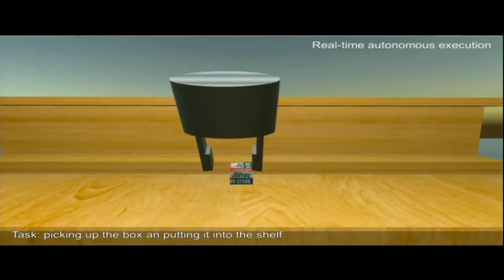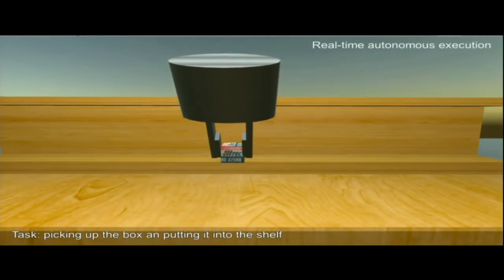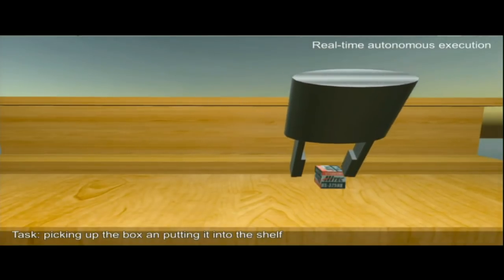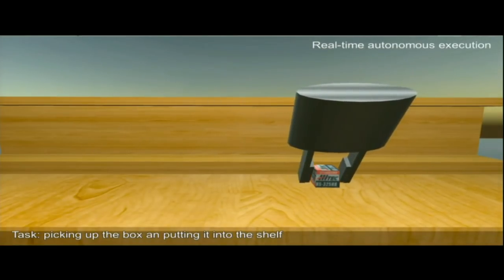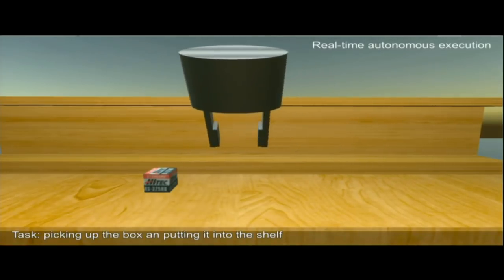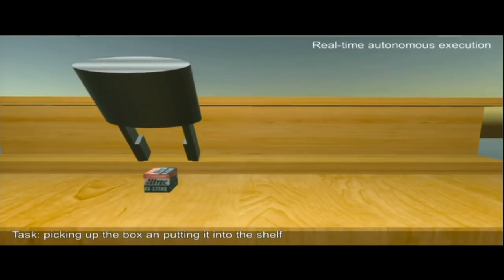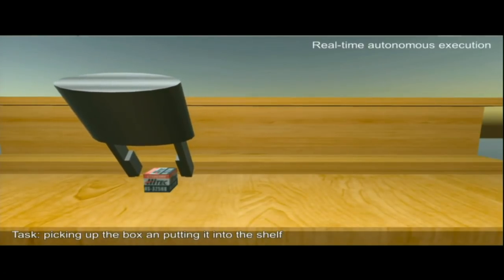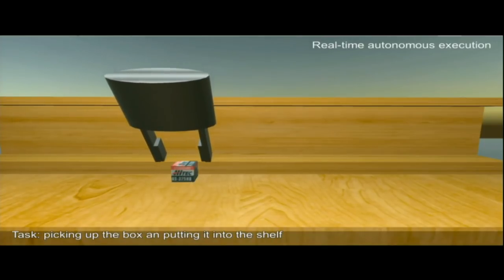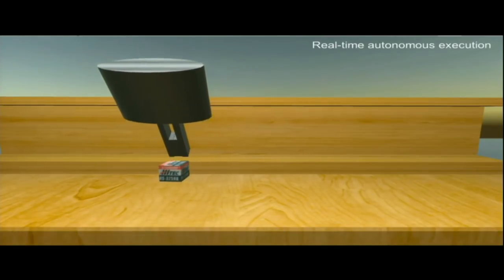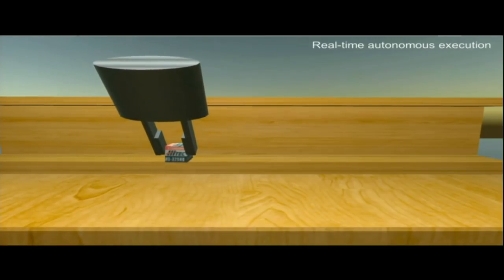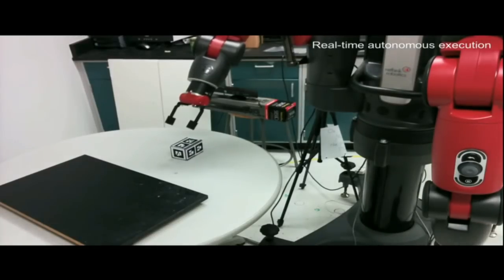Okay, so this is the autonomous execution. This is actually the policy trained on human demonstrations in simulation. And here it was just taught to pick up this box and put it on the shelf. As I mentioned, they have a recurrent LSTM policy, and they have multimodal outputs using a mixture of Gaussians. They also coached their human demonstrators a little bit to intentionally make some mistakes just so they could illustrate some corrections. And that turns out to actually be kind of useful. So occasionally you'll see it actually make a mistake and fix itself.